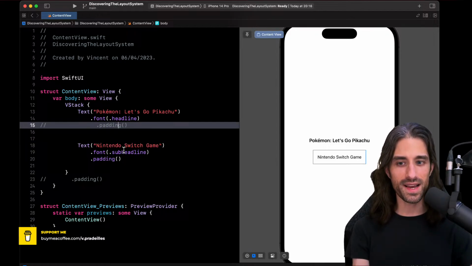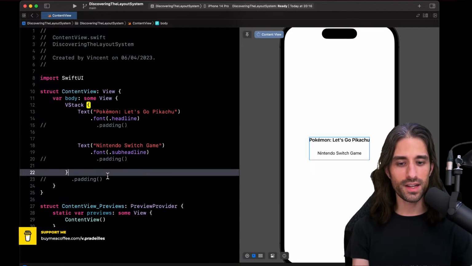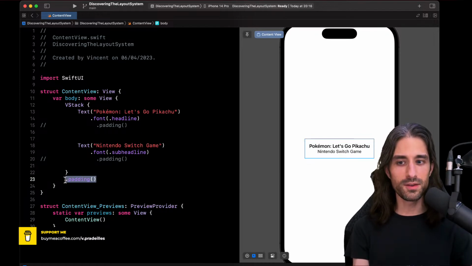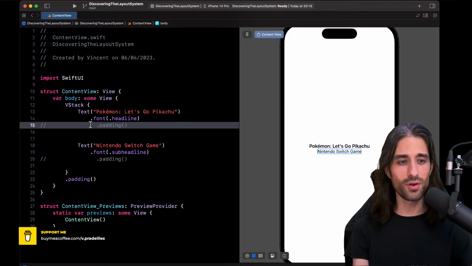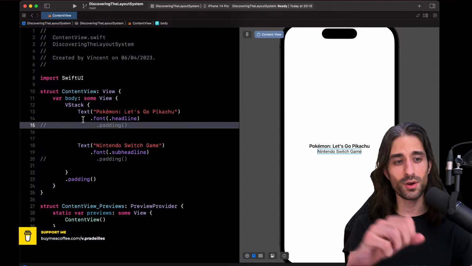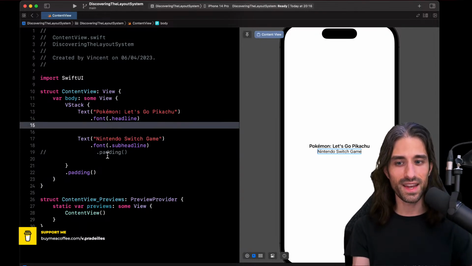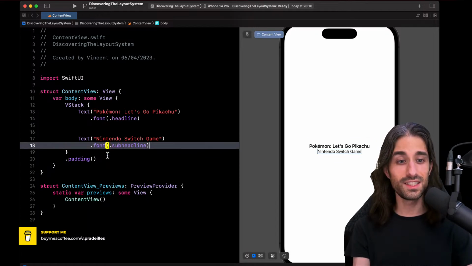What I wanted to highlight is that a modifier like padding cannot be factored out, meaning that if you call padding once on the VStack, it's not the same thing as calling padding on each of the views inside the VStack. So you cannot have this relationship where you factor it out or you distribute it inside the container. It doesn't work like that, and I wanted to highlight this behavior.